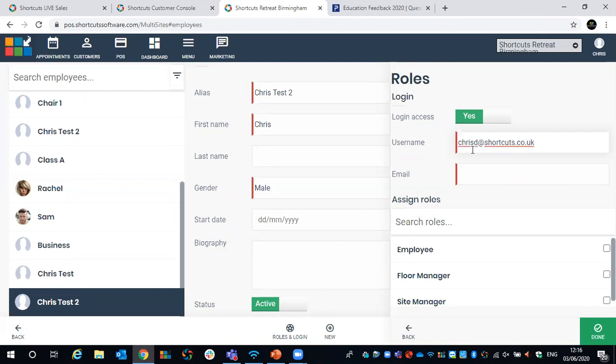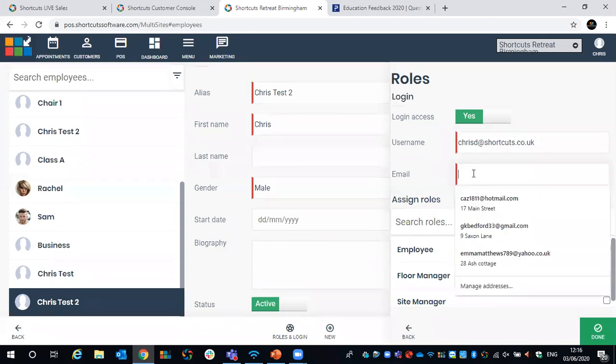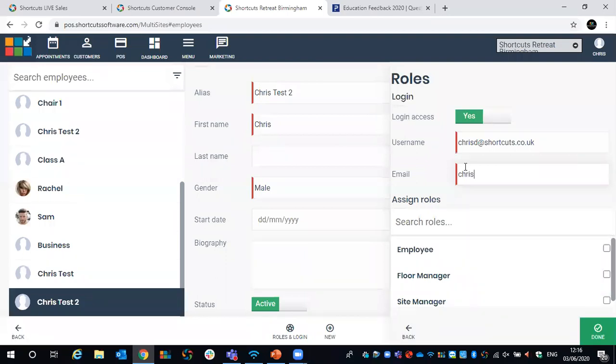Okay, so there's my username, and I'm going to keep my username the same as my email address. Now, why do we have to add an email address in? I can hear you asking. The reason for that is because this particular user will be sent a random password. That is why we require the email, so the password can be sent. They will also be sent the website URL, which as we know is just